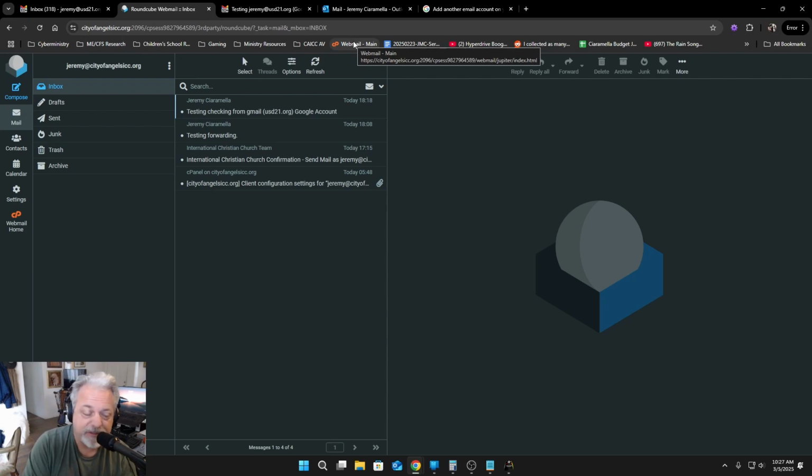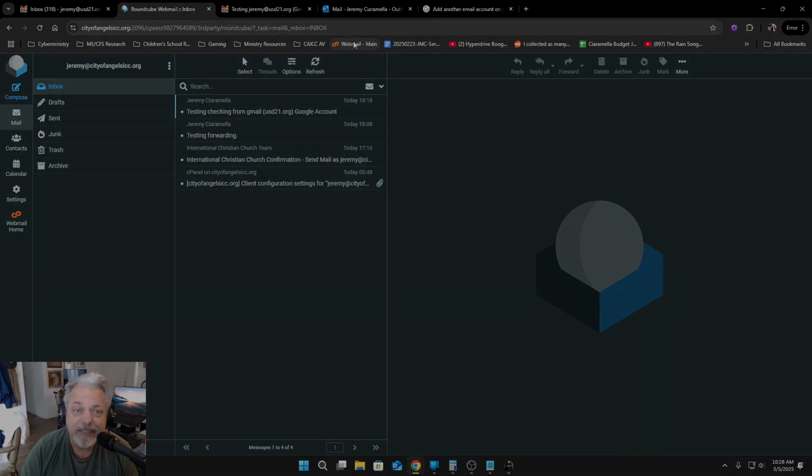Simply what happens is email is sent to your City of Angels ICC.org account, and then it doesn't connect with anything on the City of Angels ICC system like we've demonstrated, and it just gets bounced straight towards your USD21.org or whatever account you'd prefer. This is by far the simplest way to do it. I wanted to show you this method, though, for some of us who want to get into the weeds or understand how to use this system. So if you have any questions, please reach out to me directly or to our team, and we'll help you set